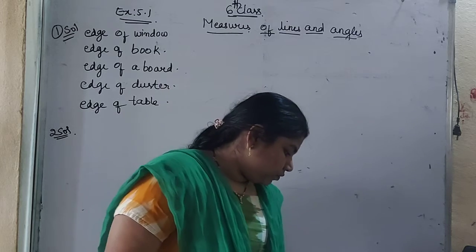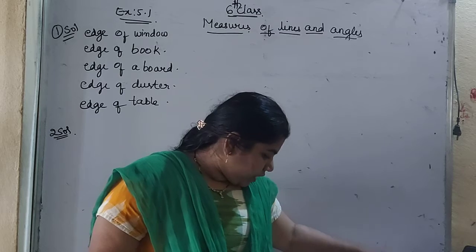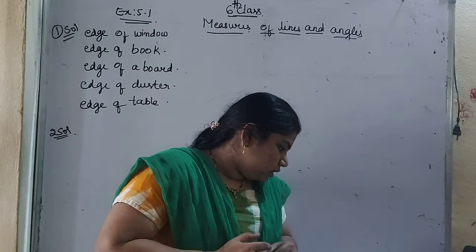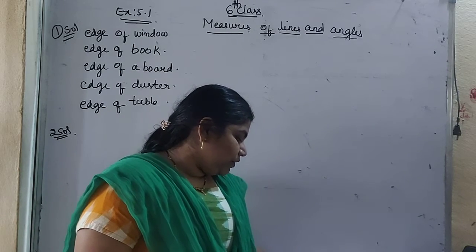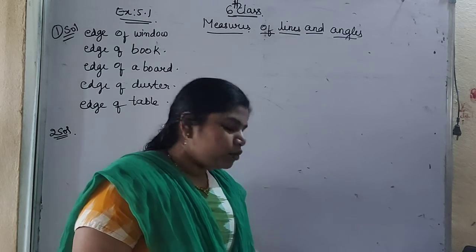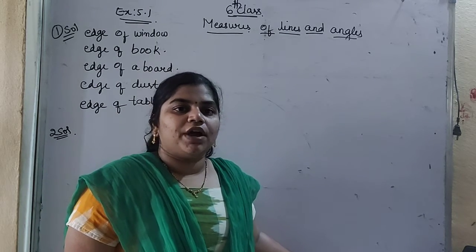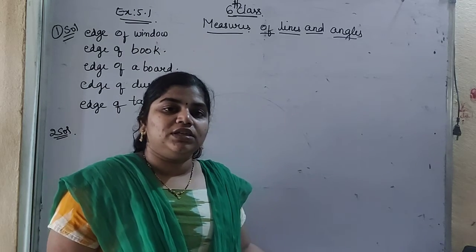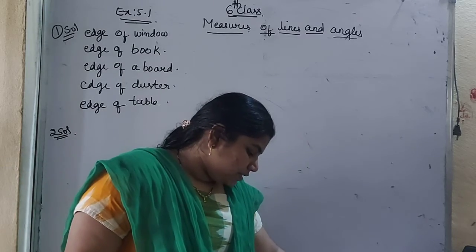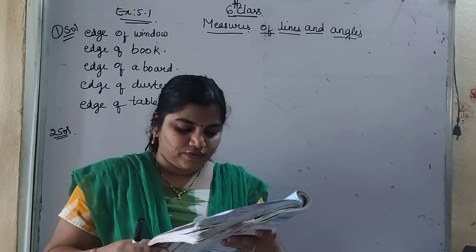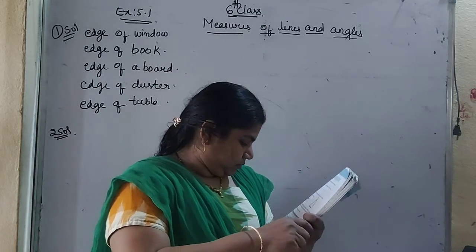Second one is write true or false, correct all those that are false statements. No, this is okay. Next is the second one: why is it better to use a divider than a ruler while comparing two line segments? A ruler is nothing but a scale. So you can write the answer from here to here on page number 61.